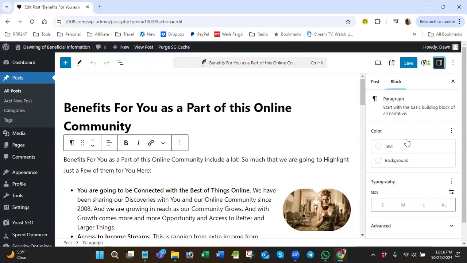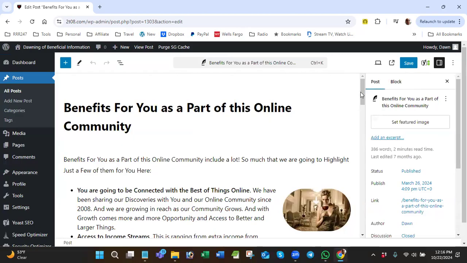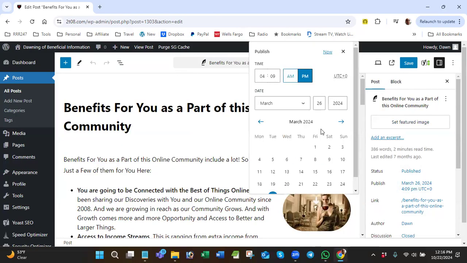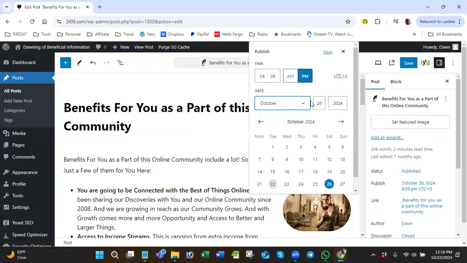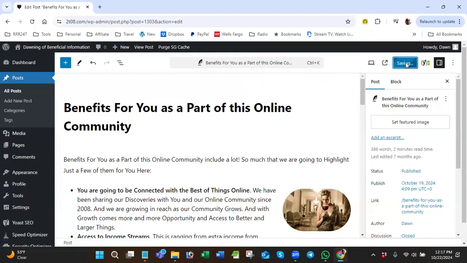All right, now when I click away, it'll go to post. It says post. It'll normally say page because you'll be done with your post, but this one is a post. But we still want to modify the date. So I'm going to just click the date, and then I can modify it by going to October, and I'll put it on the 19th. So that way it'll be an older date than the 20th, and it'll keep it at the bottom of your website. Once you do this, there's really no save button. You just click this one. Okay, and then